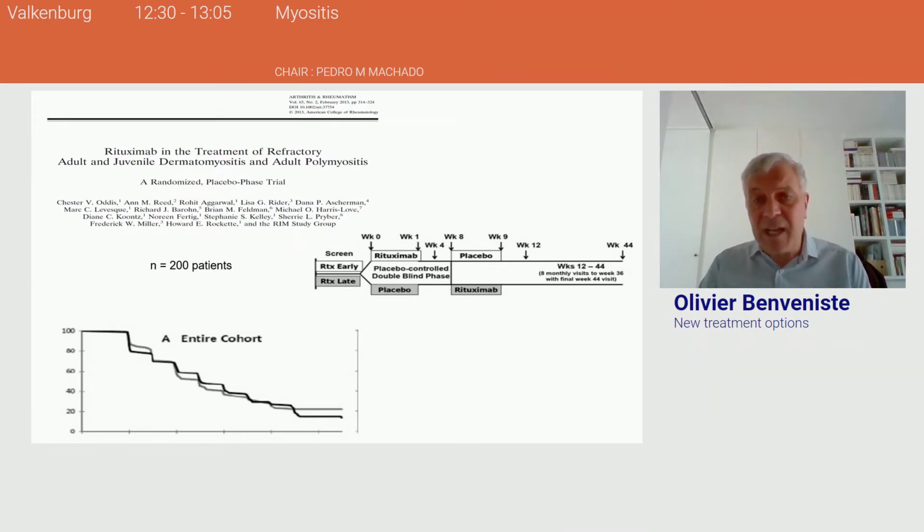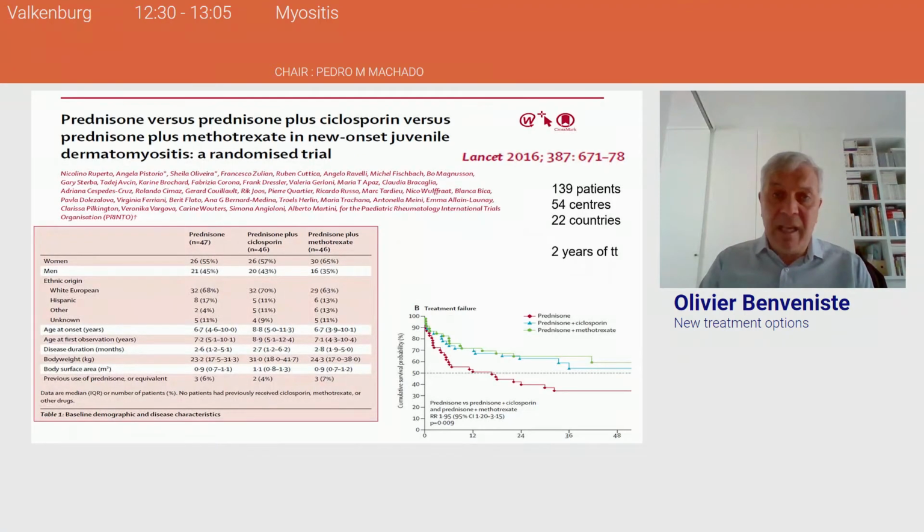One third arm is lacking with only placebo all over the time. Because at the end of the day, there are no differences in terms of efficacy between the two groups, the two arms. And finally, to my opinion, the best today